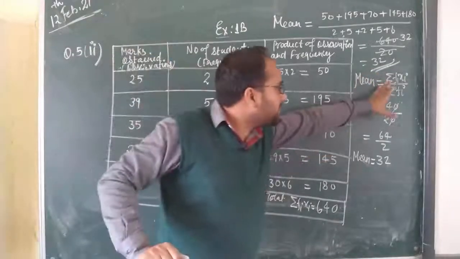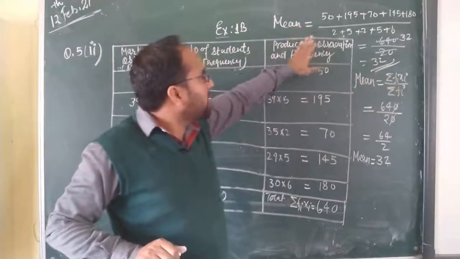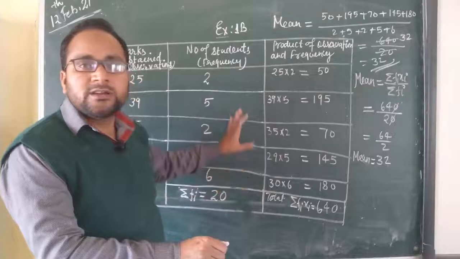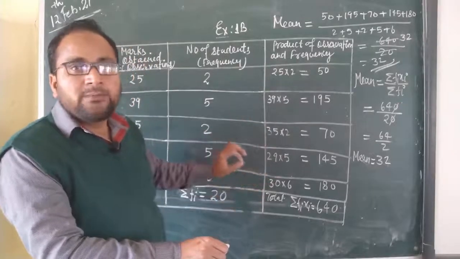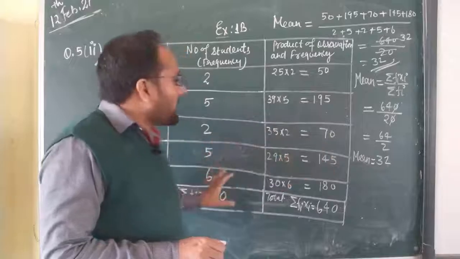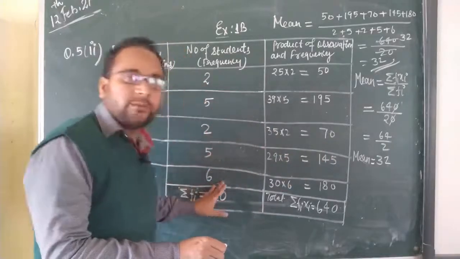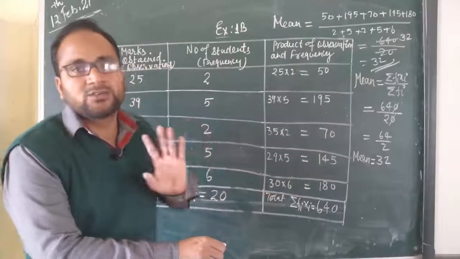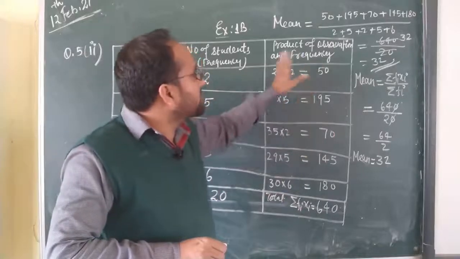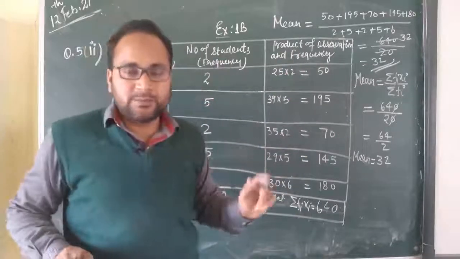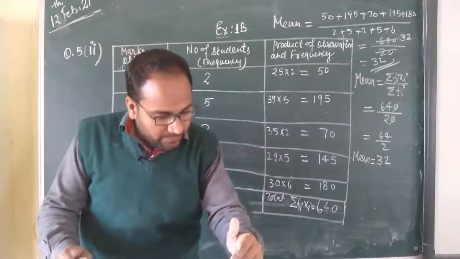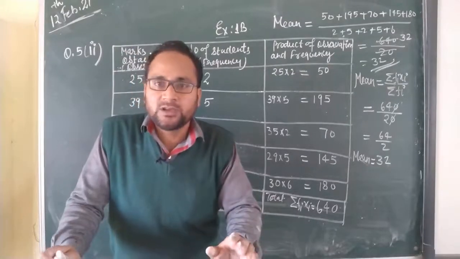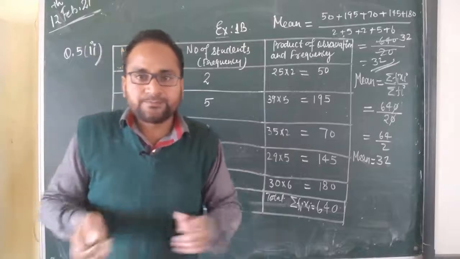Okay, and this is the summation we have used here. For the sum of the product of observation and frequency, we use sigma fi xi, and for the sum of all the frequencies, we use sigma fi. Fi means f1, f2, f3, f4, f5, the sum of f1, f2, f3, f4, f5 is represented by sigma fi, students. And this is the sum of the product of observation and frequency, fi xi summation. Okay, same as it is, you will do this in the first, third and fourth parts of your question number 5, students.